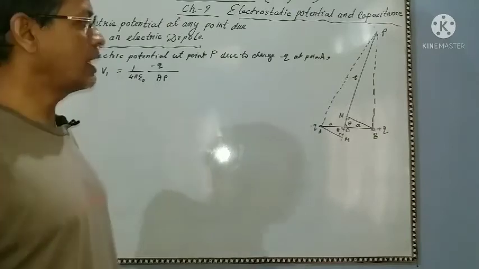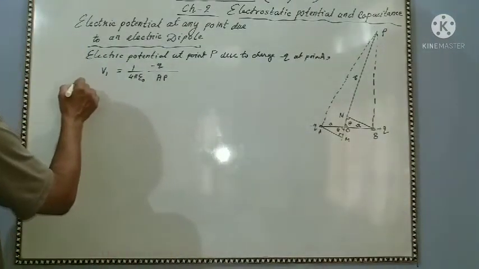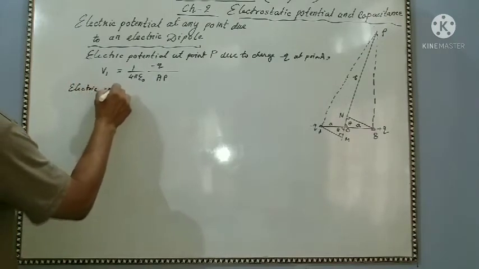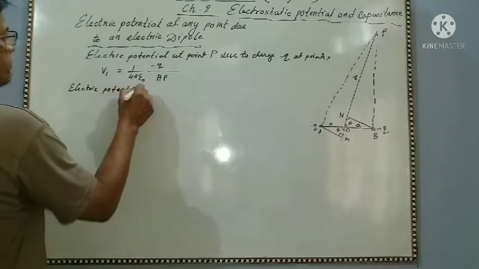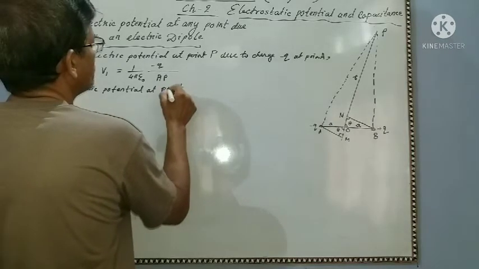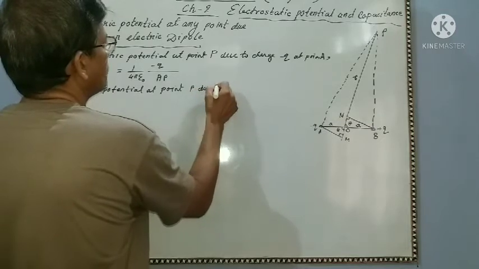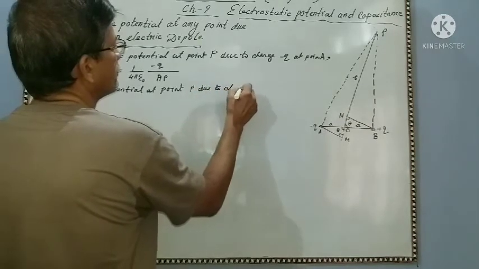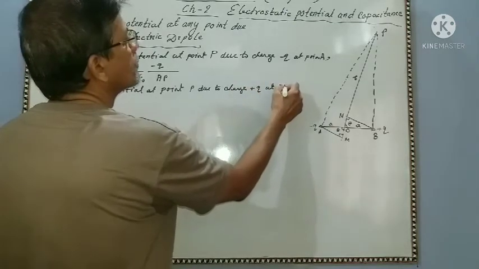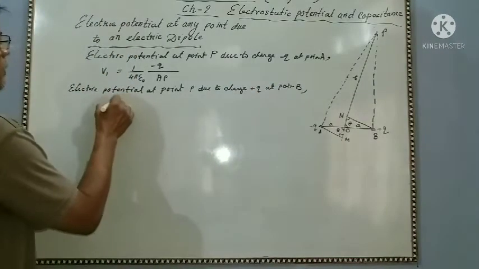And what is the potential at point P due to plus q charge? V2 equals